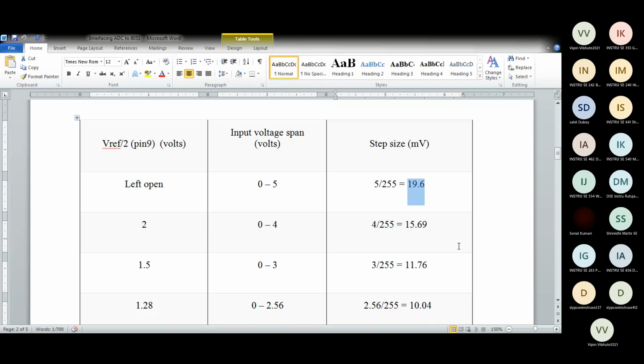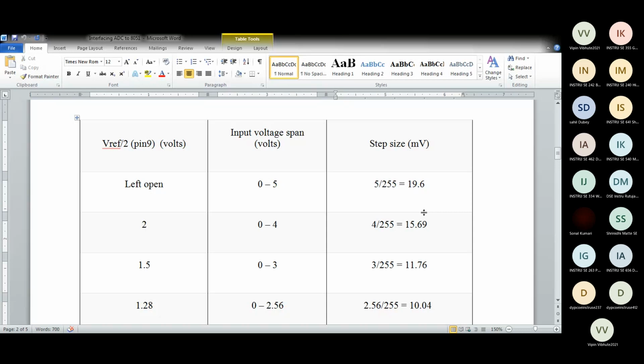What is the input to the ADC? Say 5 volts. Output is 255 or 2 raised to 8, 8 bit. So resolution is input upon output. Input is 5 volts, output is 255, or 2 raised to 8 digital, 8 bits. So you get the resolution or the step size.